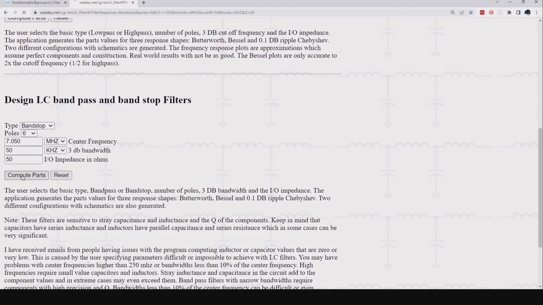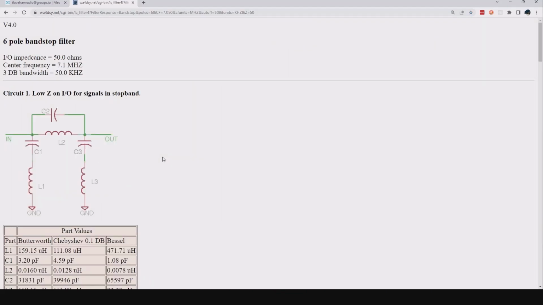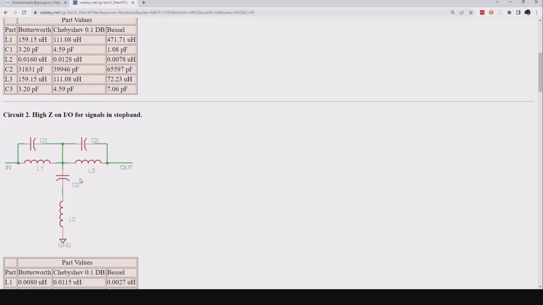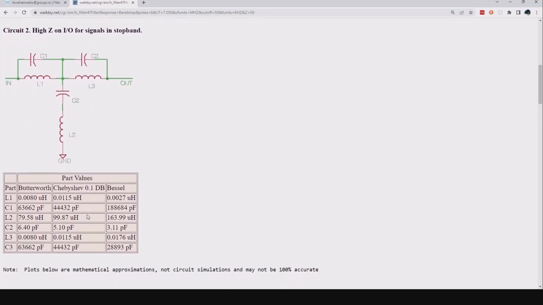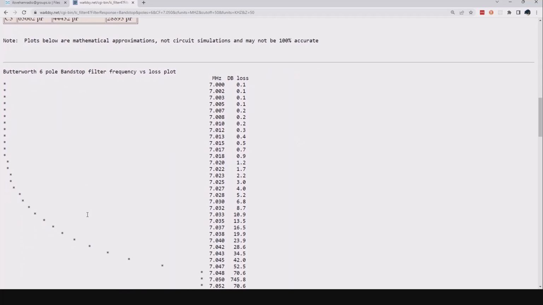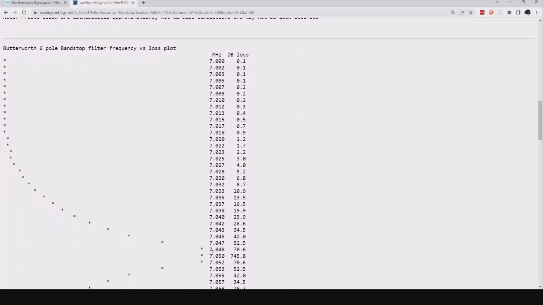And if we compute the parts, now the design's a little bit different, because now we have a series LC circuit and a parallel LC circuit, and then another series LC circuit on the output. And then here's where we've got two parallel LC circuits that tie into a series one for your high impedance loads. But see, here's your band stop where it starts